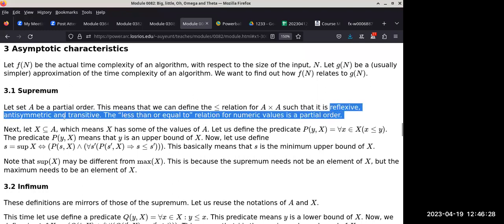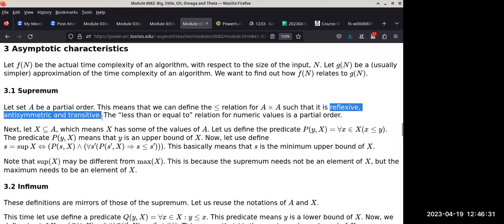In order for a relation to be called partially ordered, it has to be reflexive, which means an element has to relate to itself. It has to be anti-symmetric, which means A R B and B R A implies A and B are the same. And then we have being transitive, which means A R B and B R C implies A R C. Are you guys still vaguely remembering that? I'm hoping that the exam too will help jar your memory.